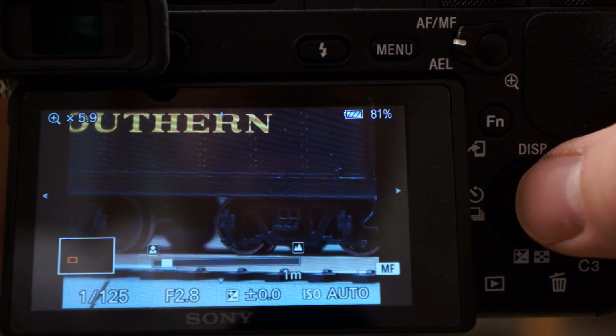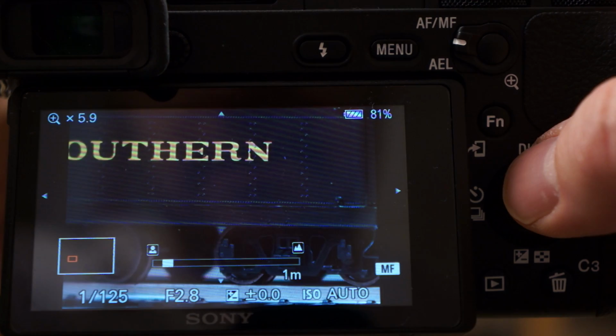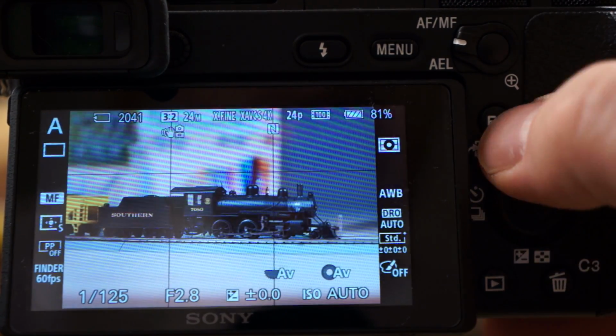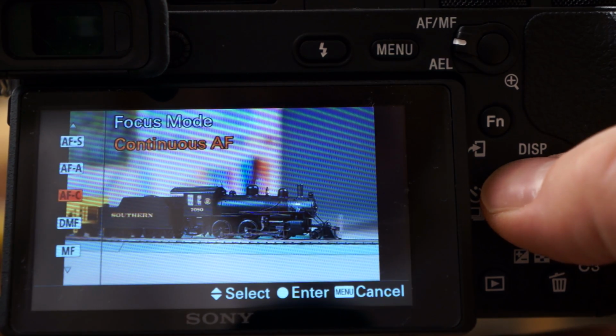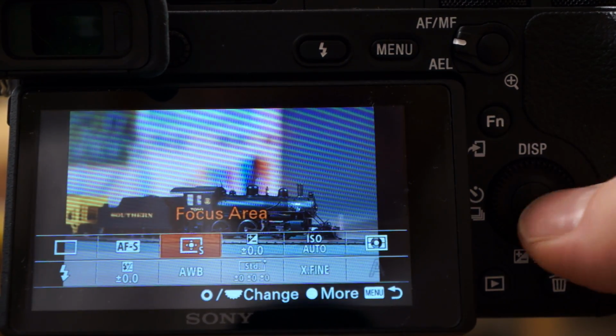If you select it, see how it automatically zooms in when you turn the focus ring, so you can really get it as accurate as possible. Works really well. So that's the different focus modes, okay? So I'm just going to go back to single shot here, and now I wanted to go to the focus